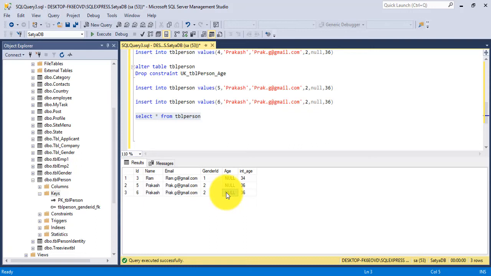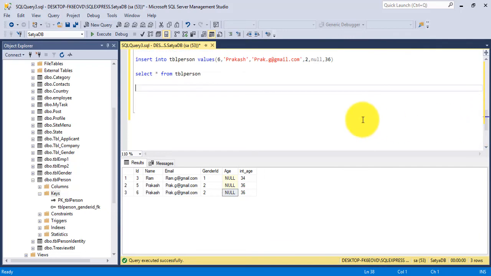And the last point is that a table can have only one primary key, so we need to check it using a query. I have already shown you graphically how a table can have only one primary key. Finally, I will show you how to check that one table can have only one primary key by using a query. So what I'll do is alter table tbl person